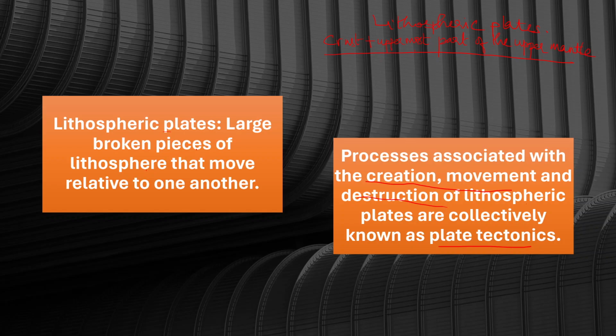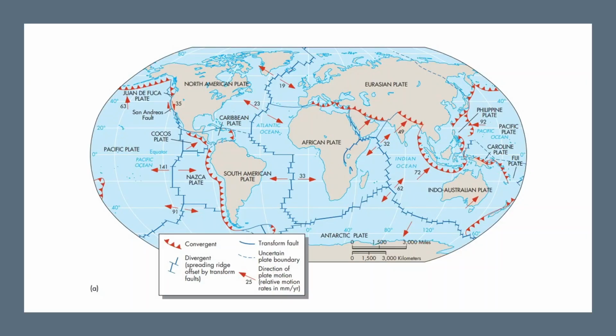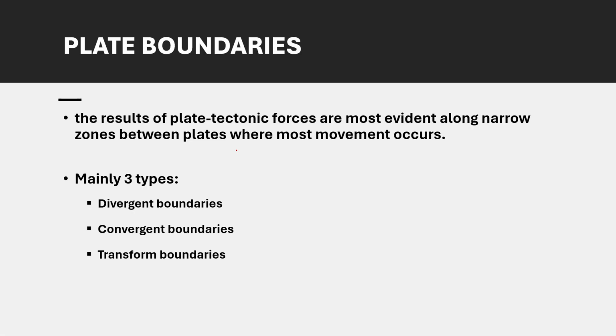So creation, movement and destruction of lithospheric plates encompasses plate tectonics. This image I had shown in the previous class also. It basically shows you the plate boundaries, the different plate boundaries found across the globe. As I said, you have convergent plate boundaries, divergent plate boundaries, and transform plate boundaries. First we'll discuss this and then I'll show that map once again, so it will be easier for you to